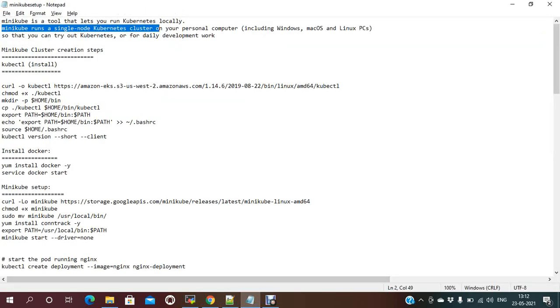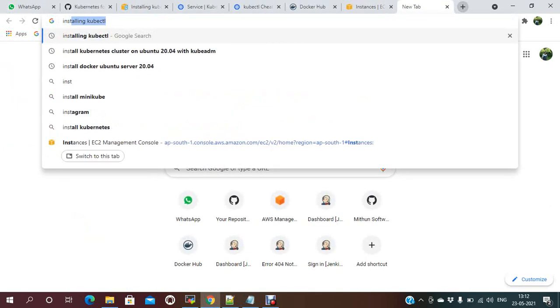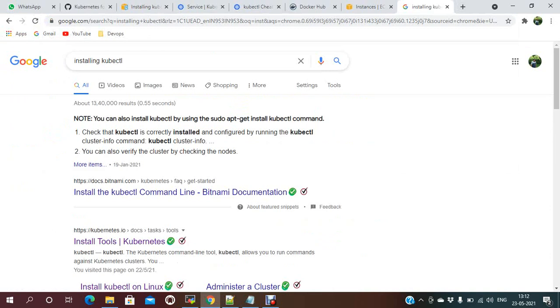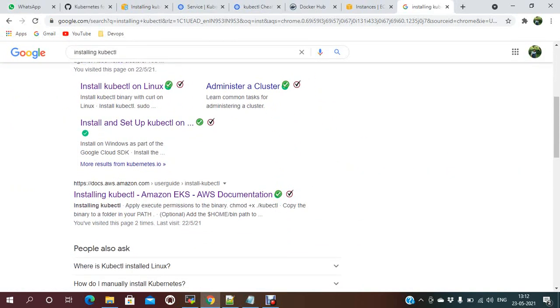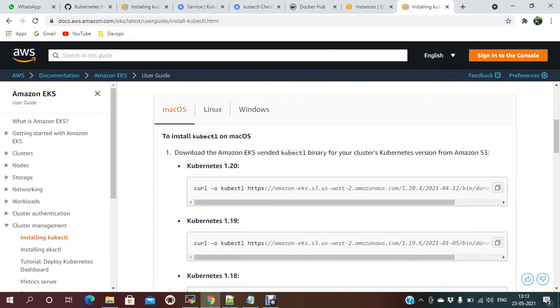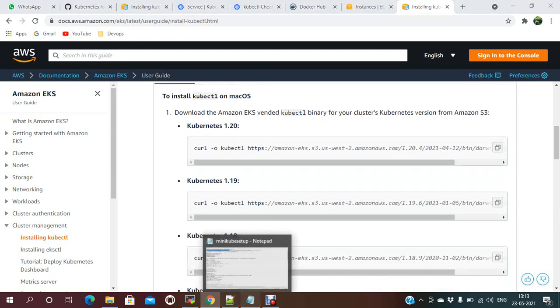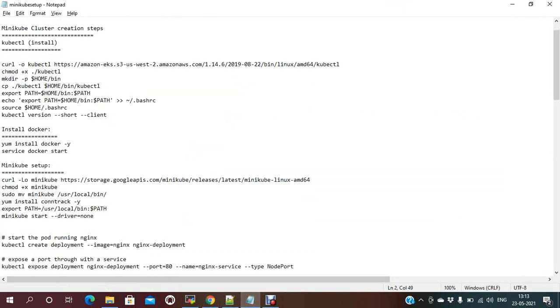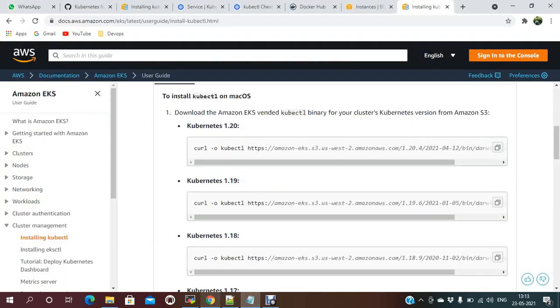So once you have logged into the server, you just need to install kubectl. You need to install kubectl as a client. I need to create a cluster. This is the latest version of kubectl. Kubectl 1.20 and 1.19, like that. So this is the old version. Let me take it as a